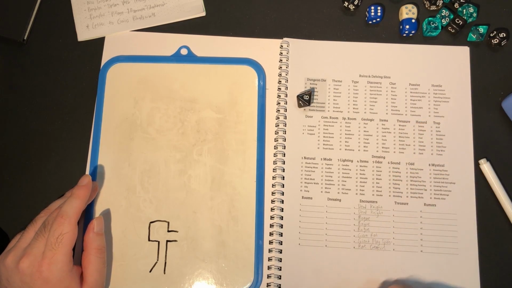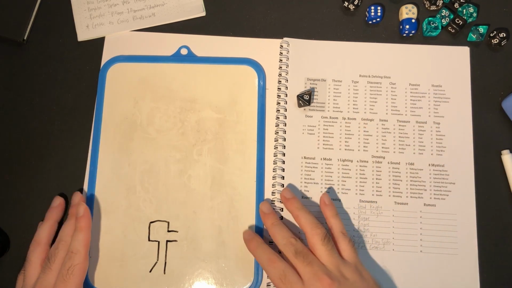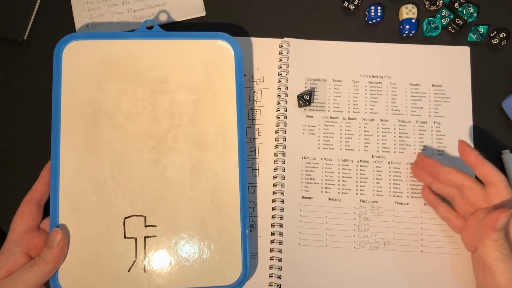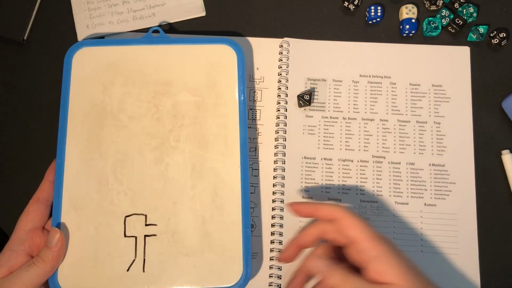There's going to be an 8, community. Community. Well, we've already decided that this was going to be a hideout of rogues. Community implies that there are multiple, but they might not be immediately hostile towards us. Let's roll on the